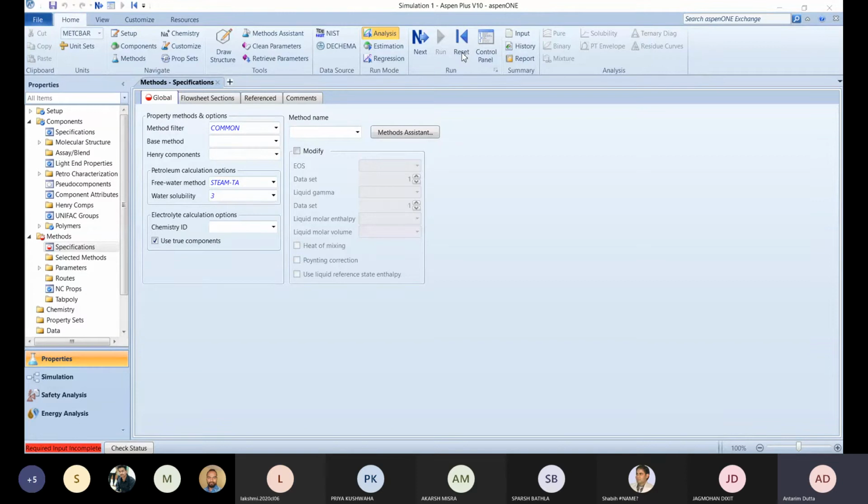ठीक है, क्योंकि एस्पेन आपके लिए कंपोनेंट्स जनरेट नहीं करेगा रिएक्शन करवा के. ठीक है, ये हम लोग यहाँ पे सिमुलेशन करते हैं, और सिमुलेशन इंसान तब करता है जब इंसान के पास एक बेसिक आइडिया होता है, बेसिक ओवरव्यू होता है. तो आपके पास जब बेसिक ओवरव्यू है तब आप सिमुलेशन परफॉर्म कर पाओगे. तो यहाँ पे अगर आपका रिएक्शन हो रहा है तो आपको रिएक्टेंट एज वेल एज प्रोडक्ट दोनों को डिफाइन करना पड़ेगा. ठीक है. ओके सर.